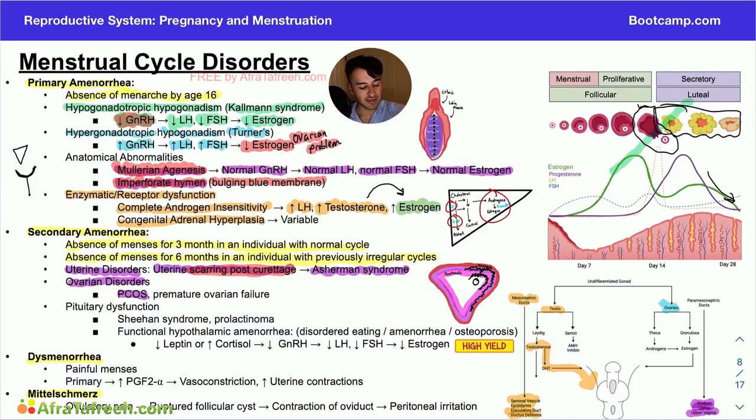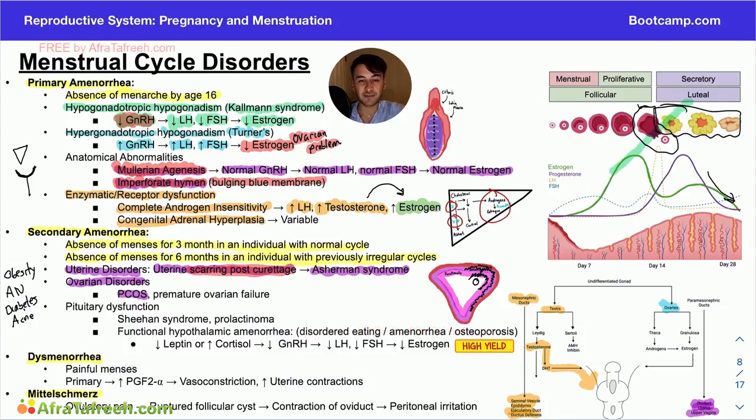Additionally, in order to recognize these patients on test day, you're going to be looking for things like obesity and acanthosis nigricans, as well as evidence of diabetes and also acne. This is going to be a classic presentation, and this is due to the hormonal dysregulation in our patients with polycystic ovarian syndrome. We don't really know why these patients don't ovulate properly, but it is thought to be due